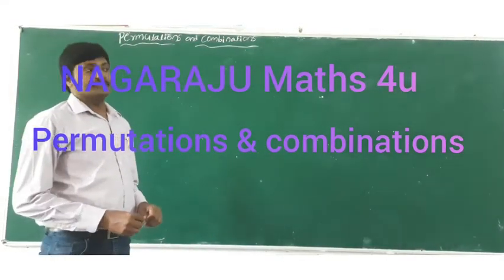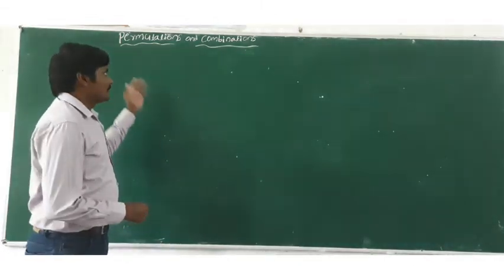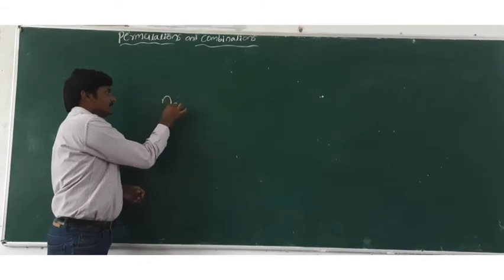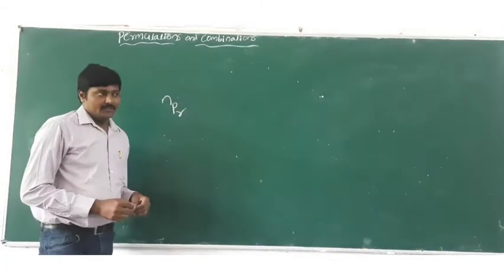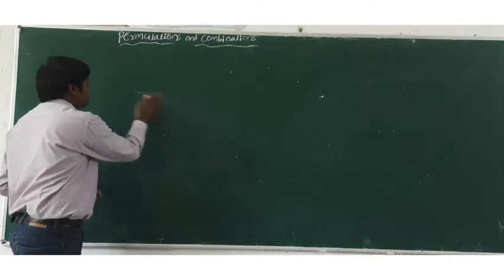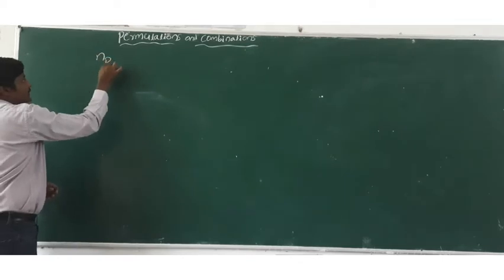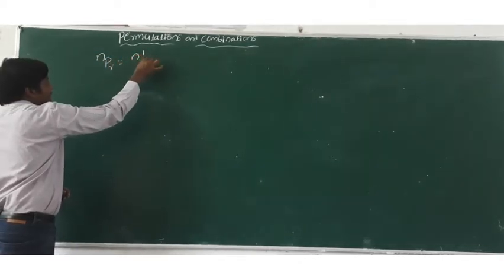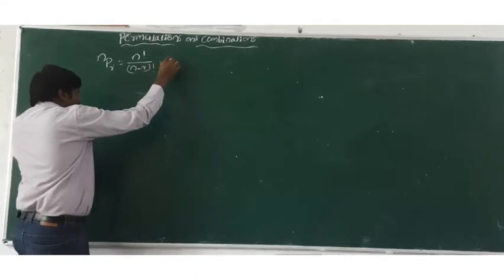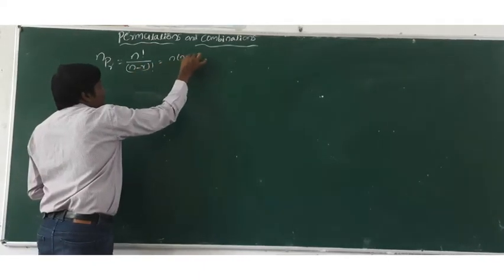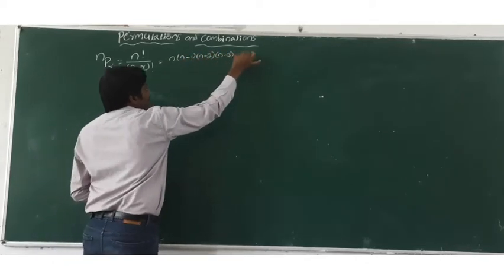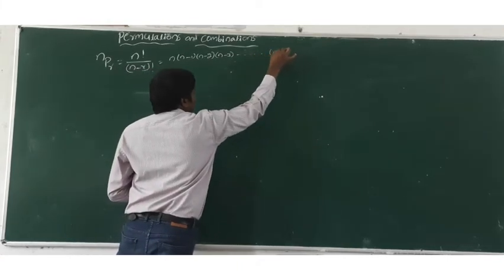Today we discuss some problems on permutations, first of all some problems on nPr. Last class we discussed the formula of permutation nPr. The formula of nPr is equal to n factorial by (n minus r) factorial, that is equal to n(n minus 1)(n minus 2)(n minus 3) and so on, up to (n minus